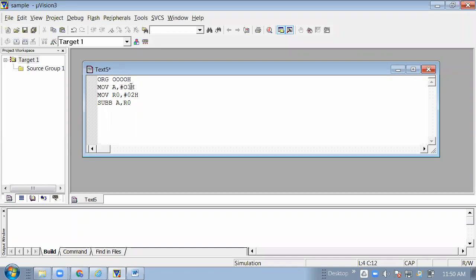I'm writing it reversely. If I'm writing 02 here, and if I'm writing 03 here, what will happen? And here I'm writing end of the program. What will be the output of this program? Output is 1, obviously, because 03 minus 02 is 1.